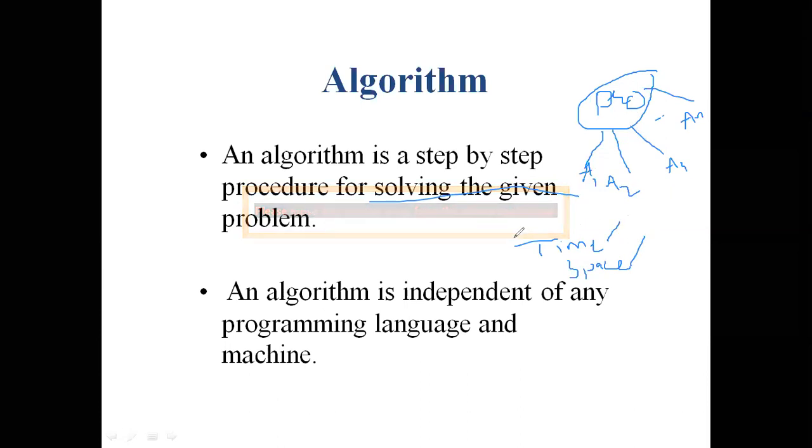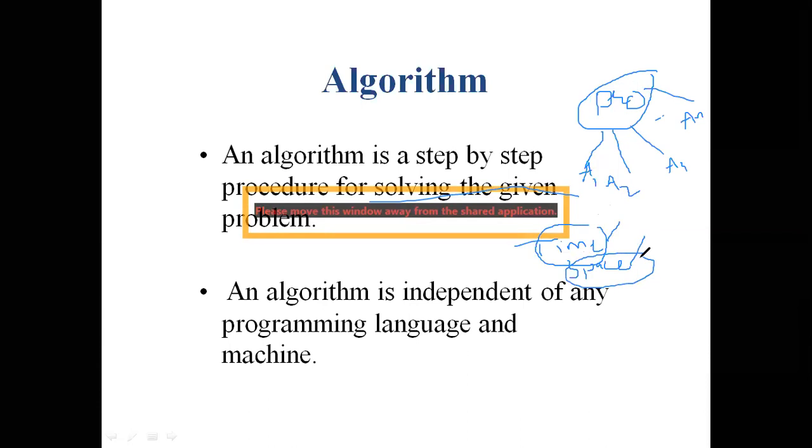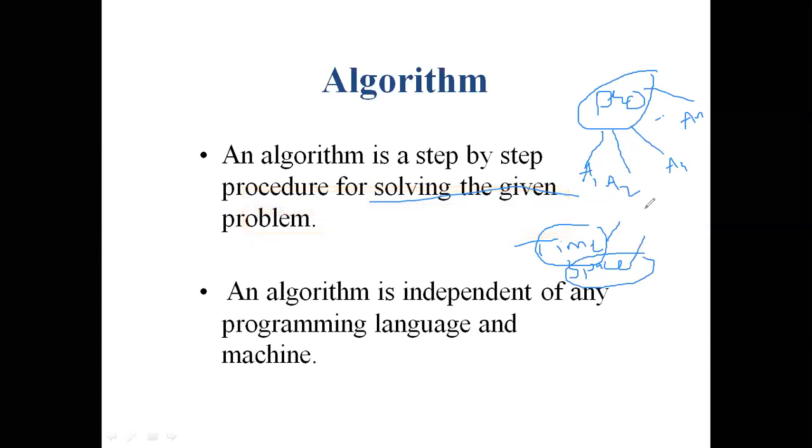Some of the algorithms will complete the problem in less time, but they require more space. So in this category, we have to choose the algorithm that has less time and less space. That algorithm we call the perfect algorithm for this problem. So for each algorithm, we have to identify or analyze the time and space complexity.